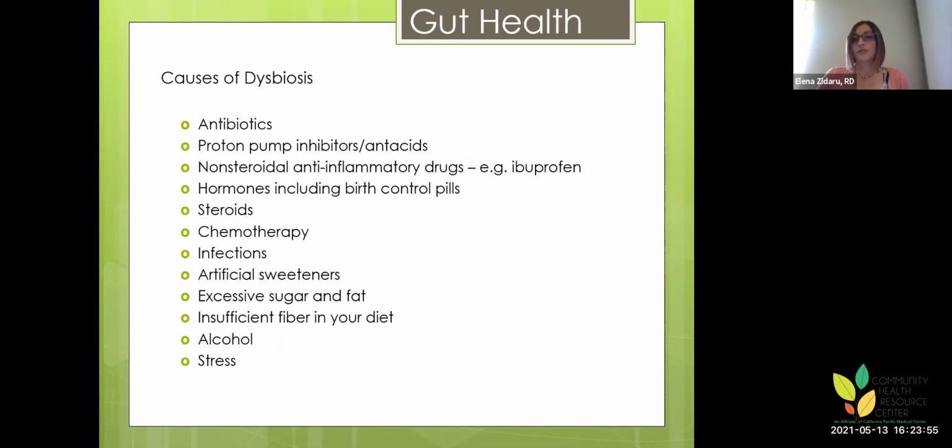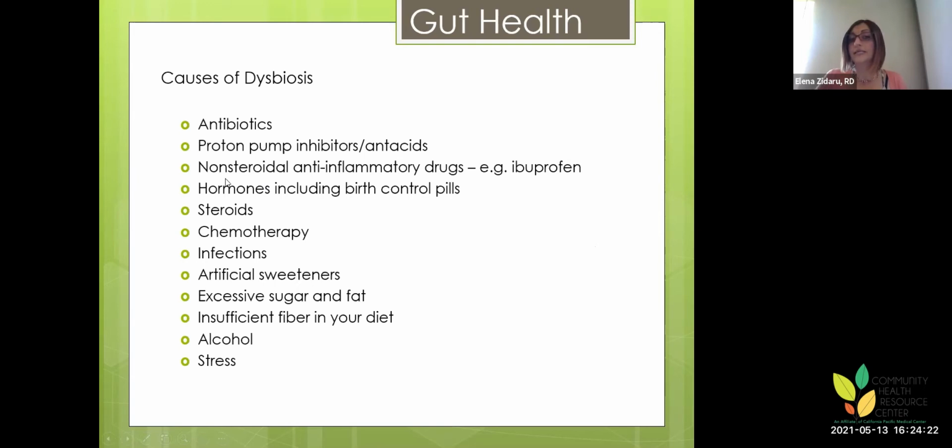Causes for dysbiosis, there are many that were linked, from antibiotics use, proton pump inhibitors, especially long-term use of that. And it's been more of a shift right now for those to be prescribed on a short-term basis, and then with breaks in between. But back in the days, a lot of people were on those for a long time.